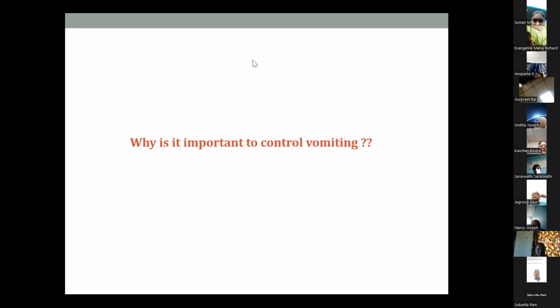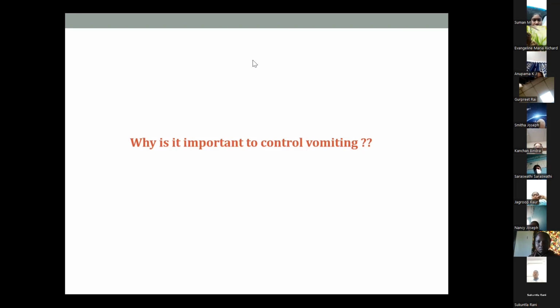Mr. Sumit says the patient can go so much into dehydration that the patient can go into hypovolemic shock. Yes, very true. And it even lowers the immunity. The intake of food is going to be so less that eventually it's going to lead to lesser immunity in the person. The patient might not be absorbing other per-oral medications if he keeps vomiting. That's an excellent answer, Liana.